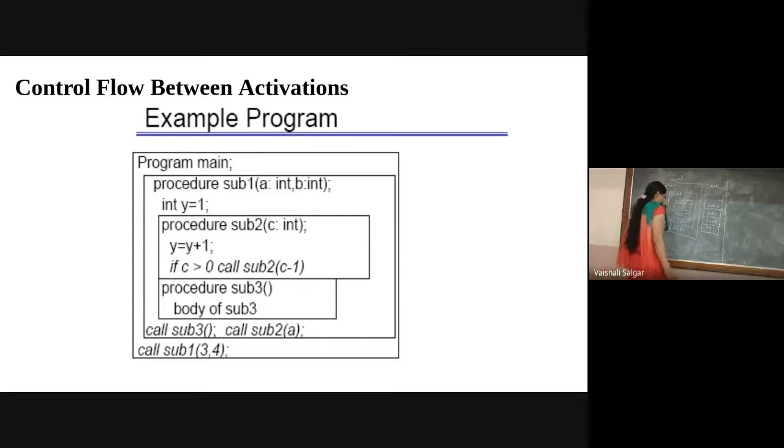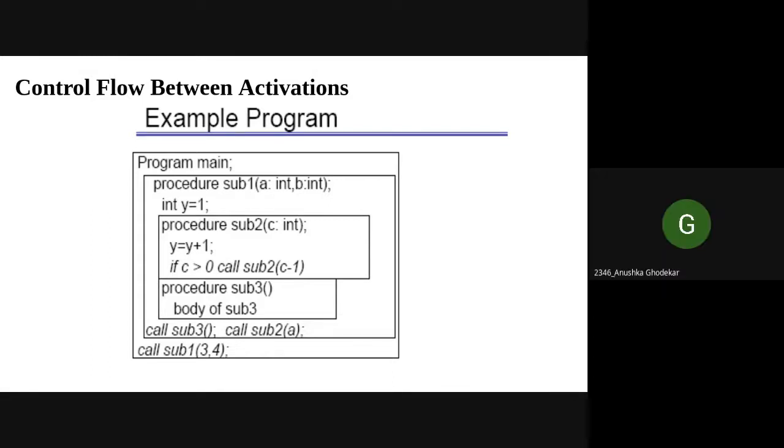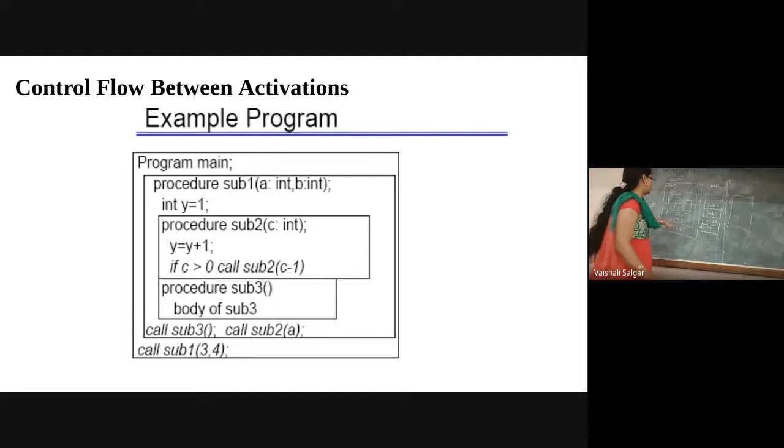So now for each activation there is an activation record, right? Now I hope you have understood how we have put these things on the stack. Yes or no? Yes, ma'am. Correct. And if you look at sub 2 on the slide, there is again a call to sub 2 with minus C minus 1. Am I right? On the slide where my cursor is pointing.